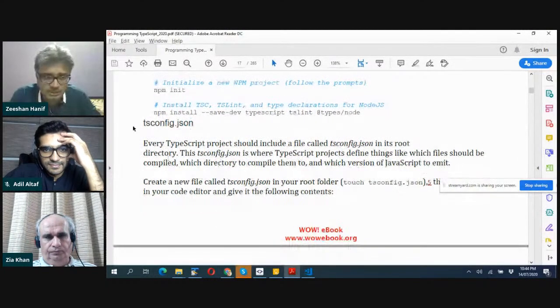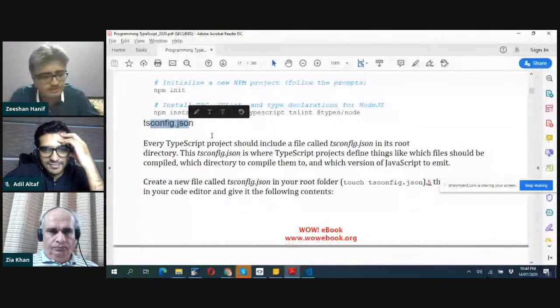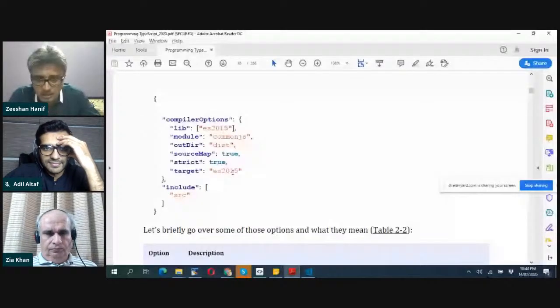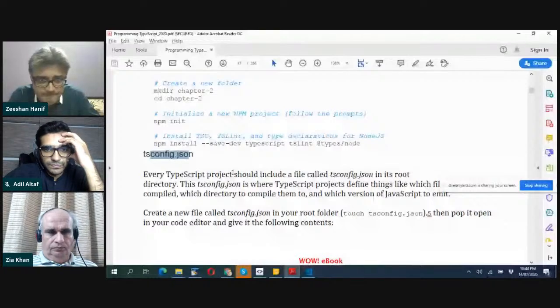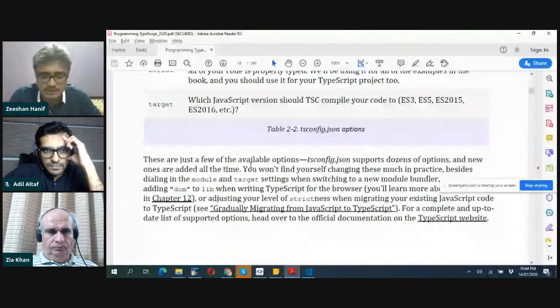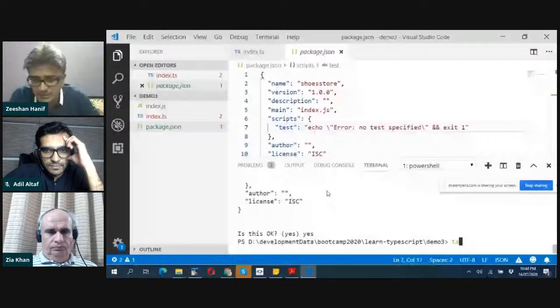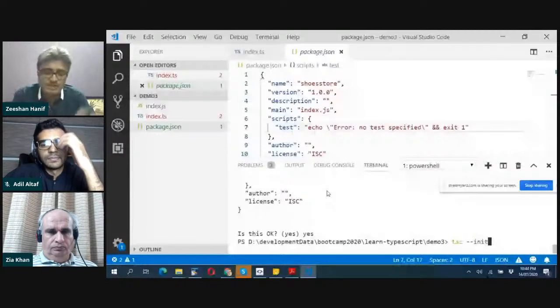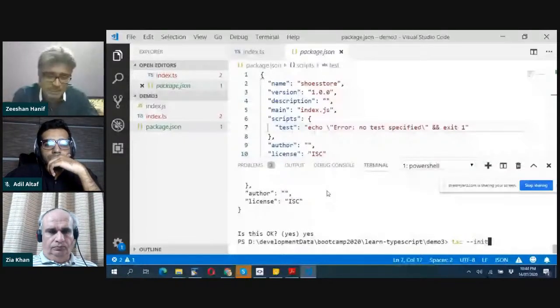Okay, now you need to create a tsconfig.json. For the tsconfig.json, there is a command, let me type it directly. tsc space minus minus init. So it will create an initial tsconfig file, which will have a lot of properties you don't need to worry about. In the future, you might use it. So tsc init